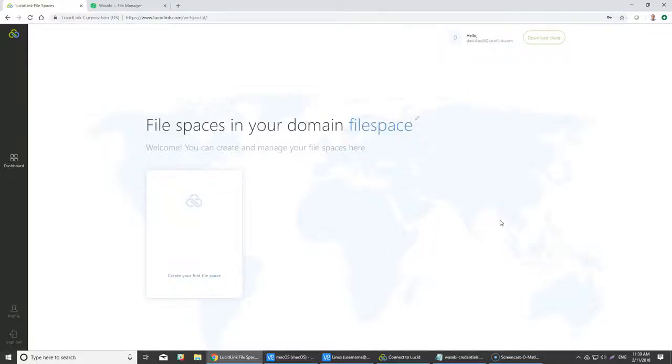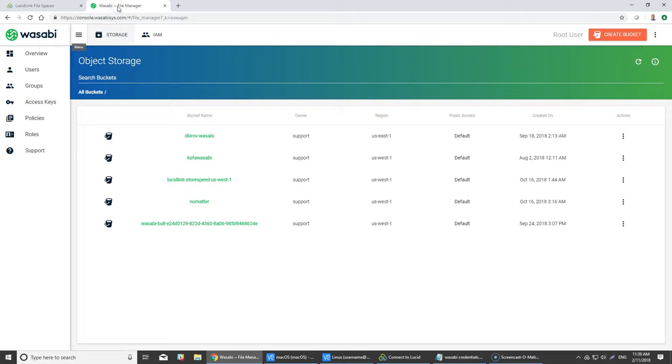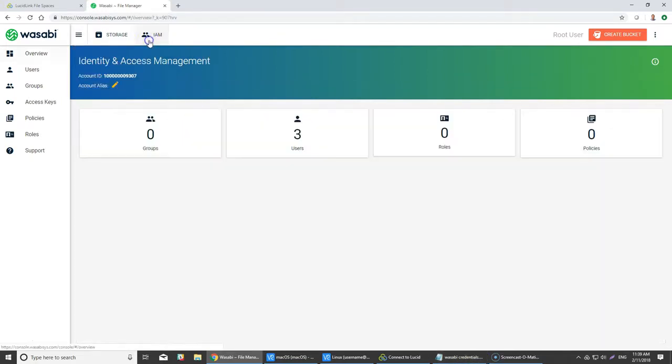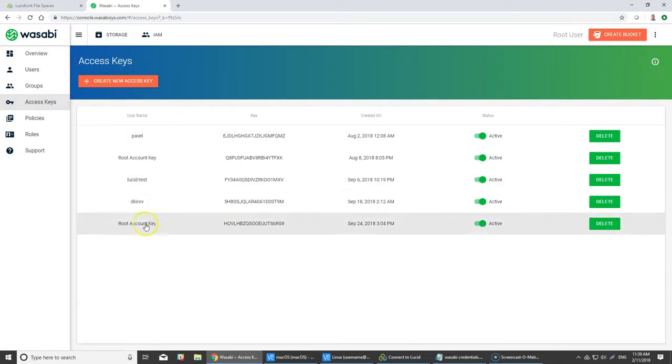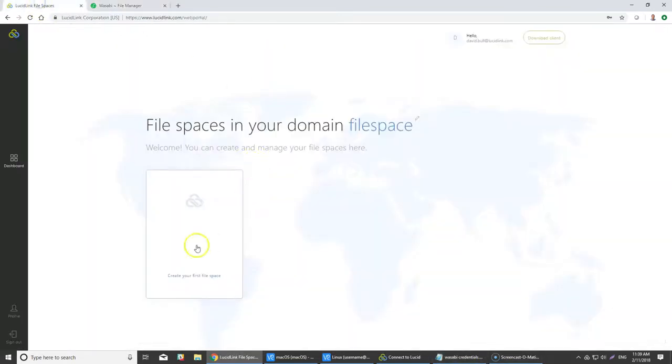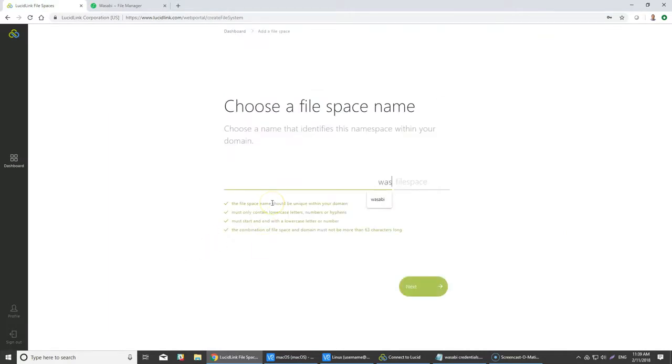In this video, I'd like to demonstrate the integration between LucidLink file spaces and Wasabi object storage. I have a Wasabi environment where I have 5 buckets already created. I have downloaded my access keys, my credentials, so I have them ready to go. So I'll go ahead and create a file space called Wasabi,